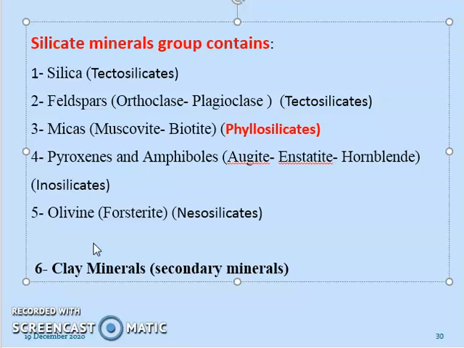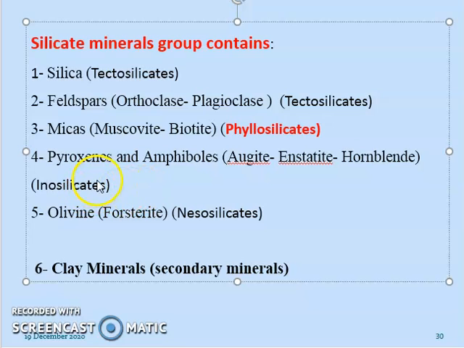We are still in silicate minerals, and we discussed the primary silicate minerals, which include six types with different silicate units. I told you that there is nesosilicate, and an example for nesosilicate is olivine minerals,